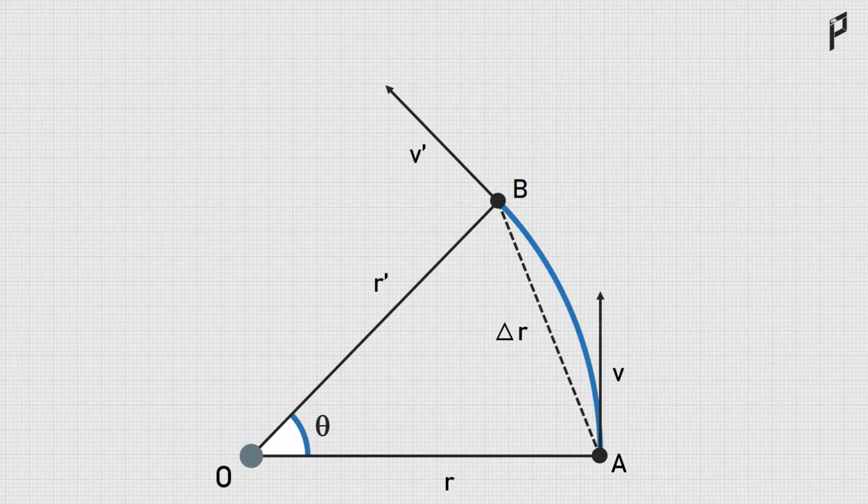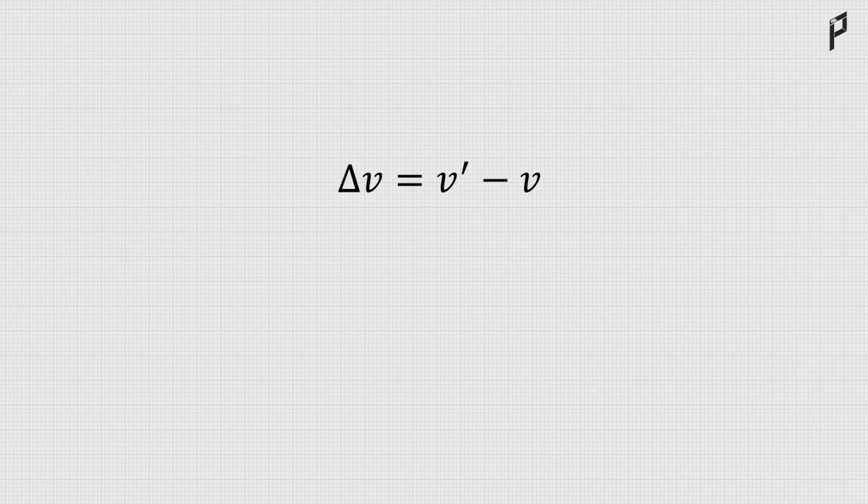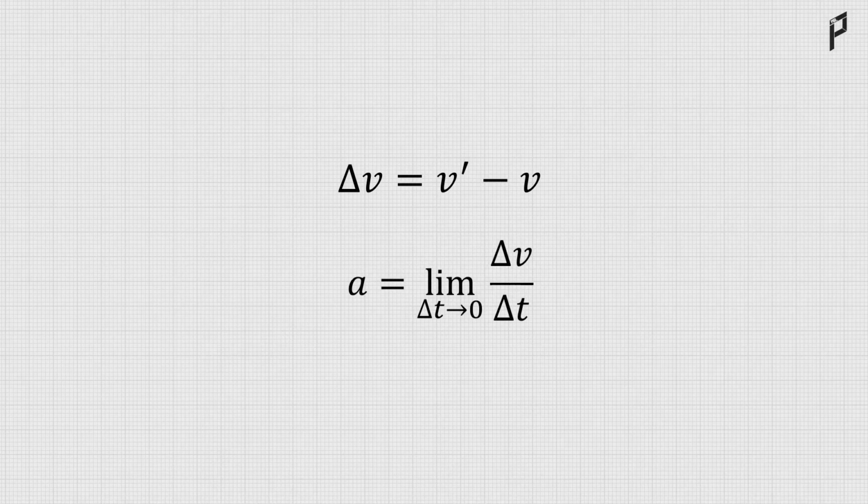Now, since the car is in circular motion, the velocity vector would always be along the tangent to the circle at that point. The velocity vector would always make a 90-degree angle with the radius. Now you'll notice that the angle that the car has traced during the time, theta, is the same as the angle which is being formed between v and v dash. Let the change in velocity be delta v. Therefore, delta v is equal to v dash minus v. The acceleration would be equal to delta v by delta t under the limits delta t tending to 0, because it is a very small interval.